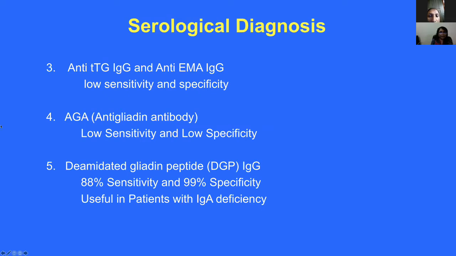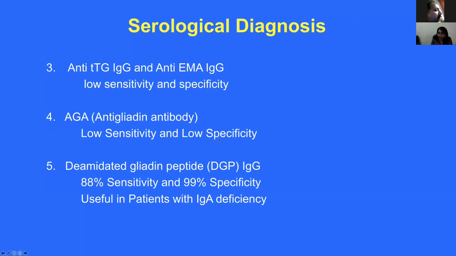Then comes anti-TTG, IgG variety. Previously, we were doing the IgA variety. Now, anti-TTG IgG and anti-endomysial IgG, both of them, the IgG variants, have low sensitivity and specificity. So we don't order them. Many times people write only anti-TTG. So we must specify anti-TTG IgA and also anti-endomysial IgA, because the IgG variant has low sensitivity as well as specificity. Anti-gliadin antibodies, although they were the first used in diagnosis of celiac disease, also have low sensitivity